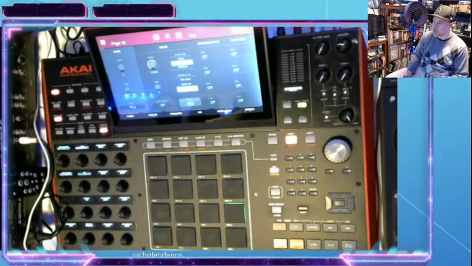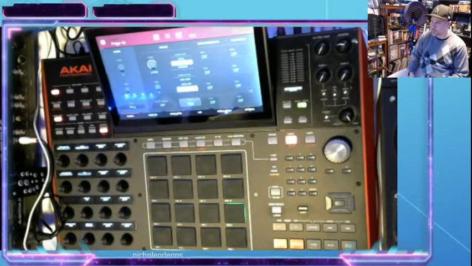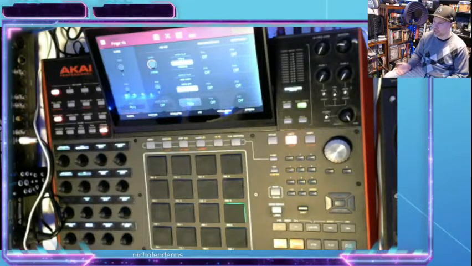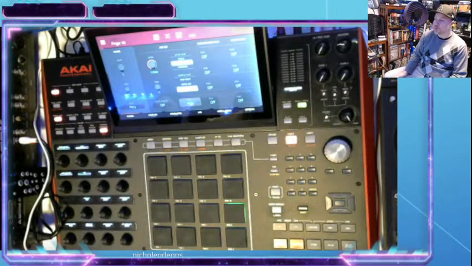The pad poly setting is not affected by any other pads, so an open hat set to poly mono within a poly program can play simultaneously with other pads, but can only ever have one instance of the open hat playing at any one moment in time. So I find that a mono pad polyphony can often sound a little unnatural, especially on crashes, snares, and open hats. So why would you use mono? Well,